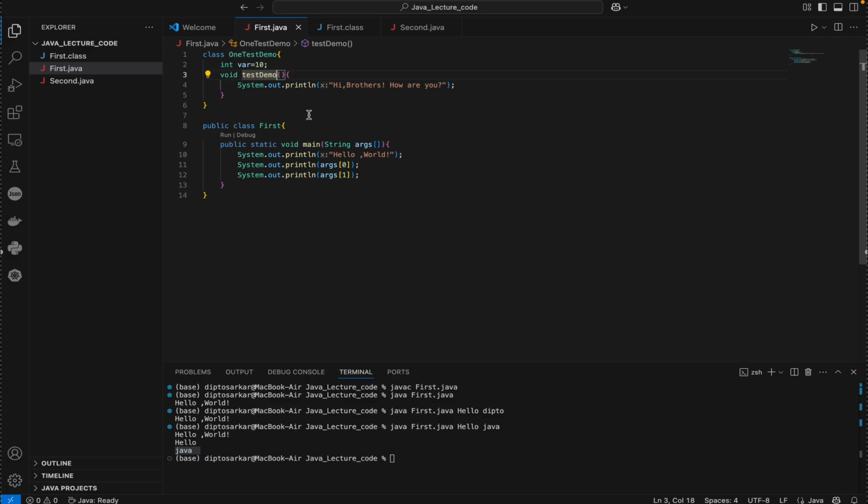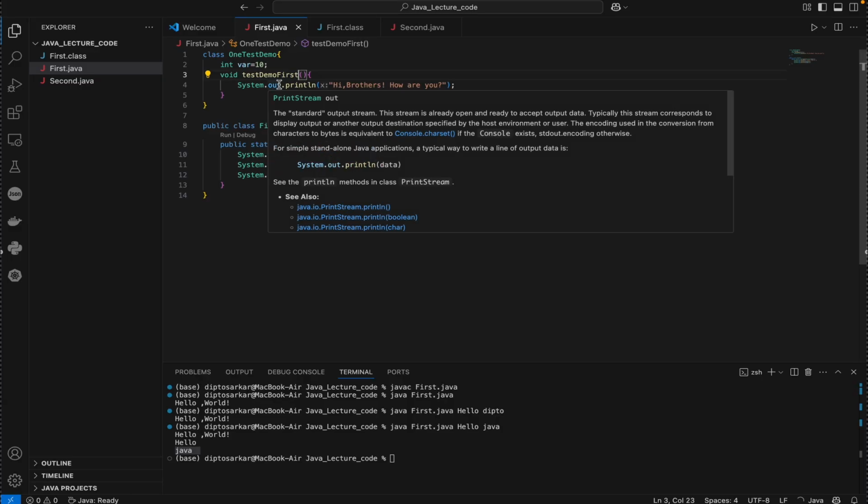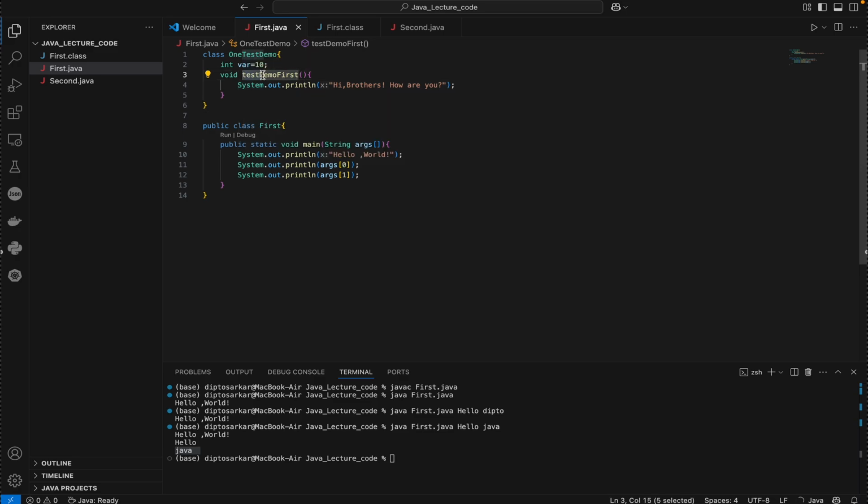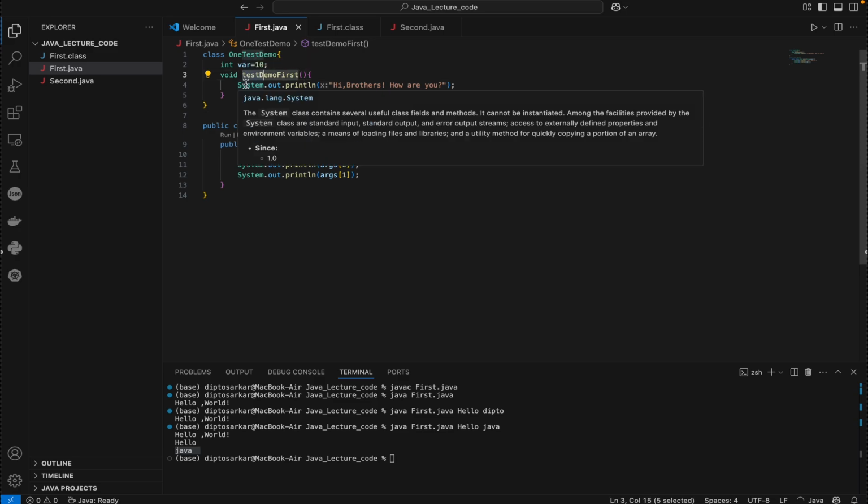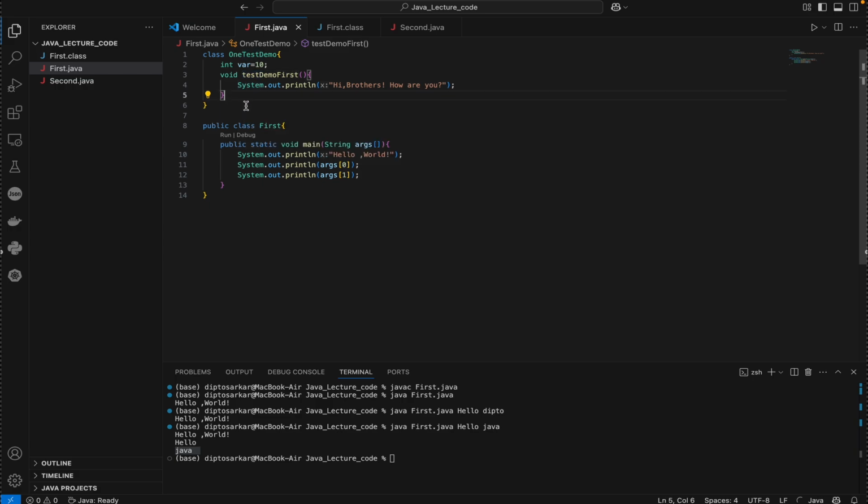Now you put as many words as you like, second, first. You have to use the first letter as capital, but remember that for method and variable, the first letter of the first word should be small. This is called camel case. It is useful for writing maintainable code and scalable code. You have to follow it. Okay, now